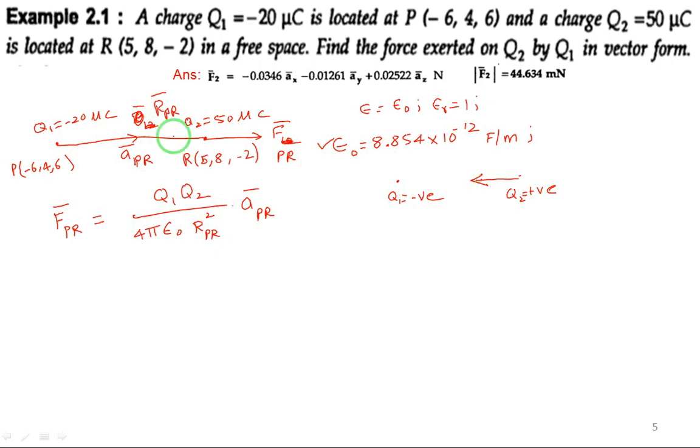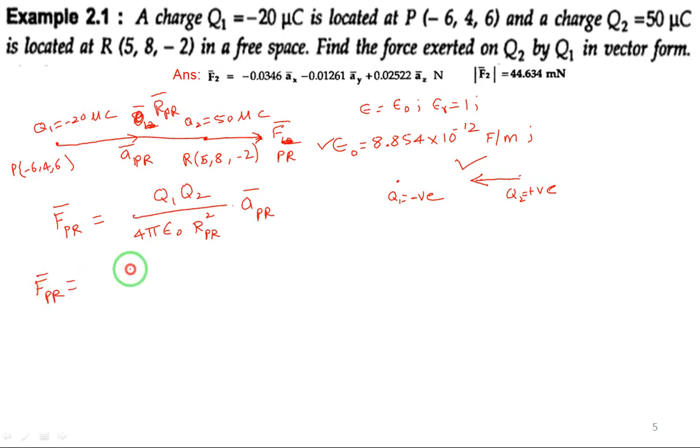I know that it is an attractive force, but the diagram I showed is a repulsive force, so the answer I get will be negative because I have taken the wrong direction. One charge is negative and the other is positive, so it is attractive, and the direction of force should be reversed. I should keep this in mind and take care of it later. First we'll solve this.